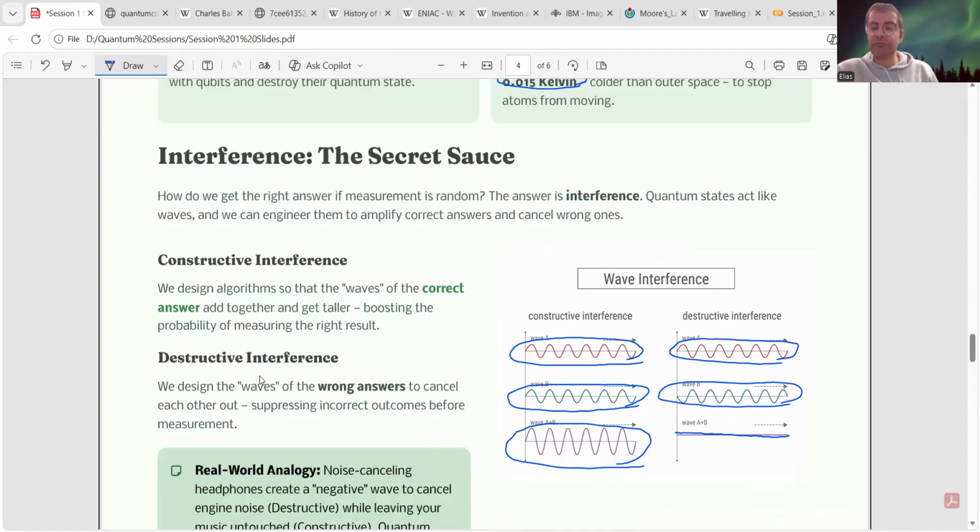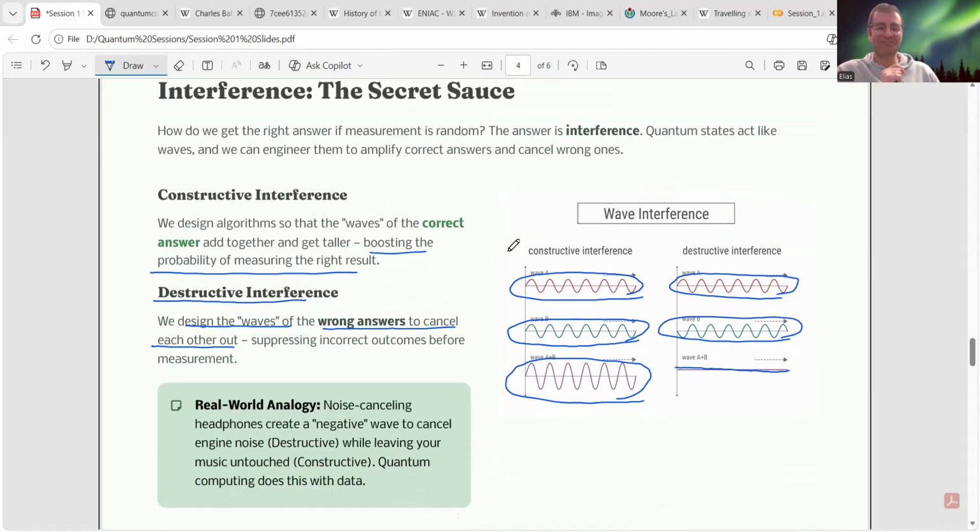Because as I told you, the qubit in quantum computers can be in multiple states at the same time. I mean, they are in both 0 and 1 at the same time. But you can carefully put them in the constructive way. So whenever they add up together, they boost the probability of measuring the right result. And in destructive interference, you can design the waves in a way that they cancel out. The wrong answers cancel out each other. So finally, the wrong answers cancel, the right answer is boosted, so you get the right answer. So it's very cool. I know that it doesn't make sense, but we'll get to that, why it is true.